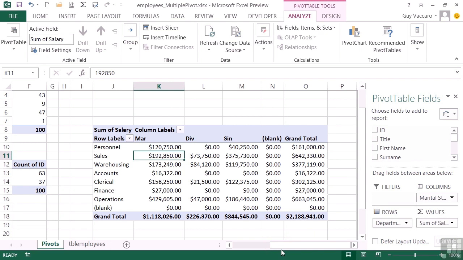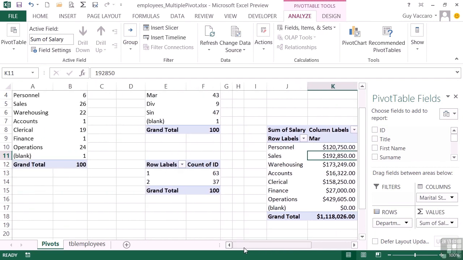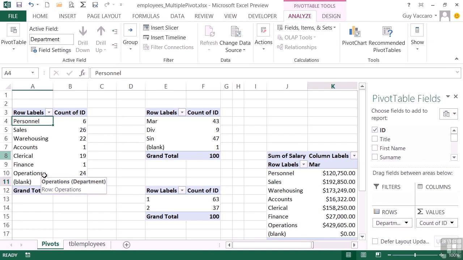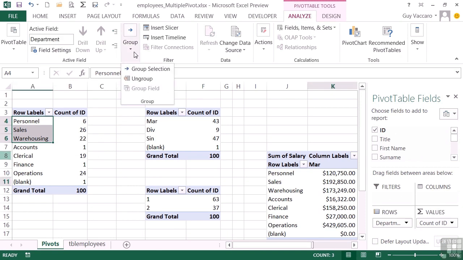Two other clever little options we can add to our pivot tables is our own manual grouping. If we take this particular table, for example, where we have personnel, sales, warehousing, accounts, clerical, finance, and operations, which is our departments, and what we'd like to do is group some of them physically together. So I'd like to take the first 3 there and create a group from them, and I can simply select those 3 values. Up on the pivot table tools ribbon, there is a group option, and I can choose group